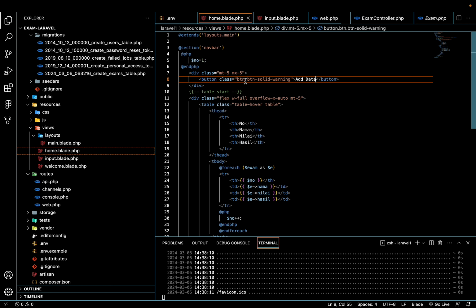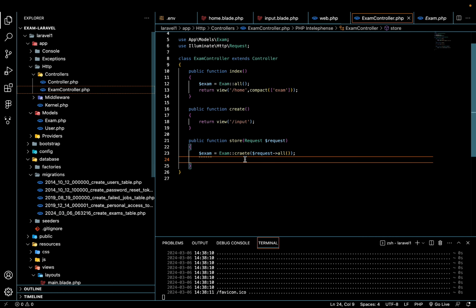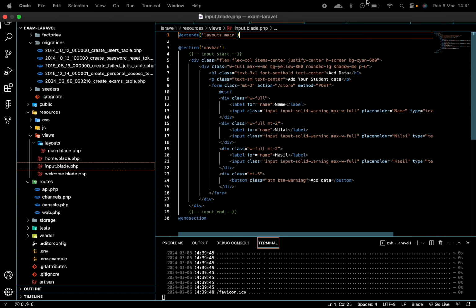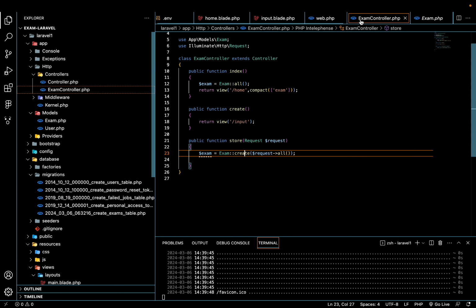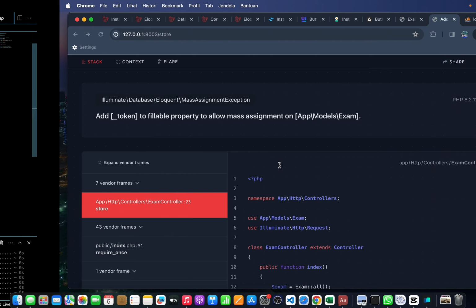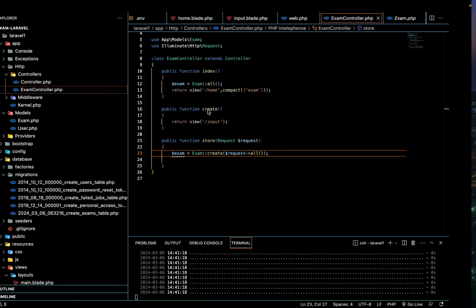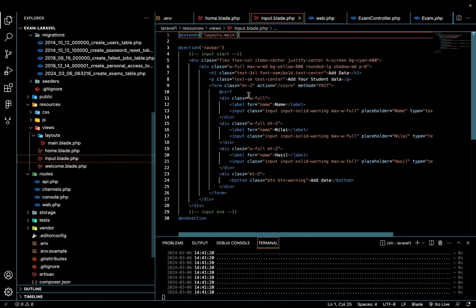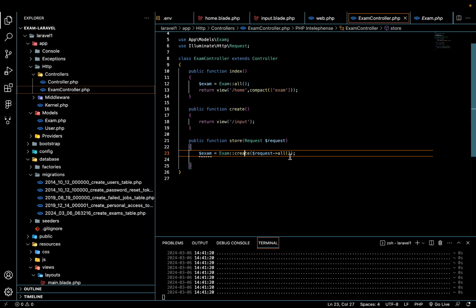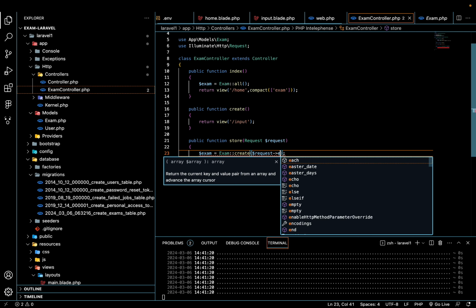So after that, in action controller, we want to make it now, because we already make this, and after running this there is a token. This token is from the CSRF, and because of that we must change the token first. We change the all to